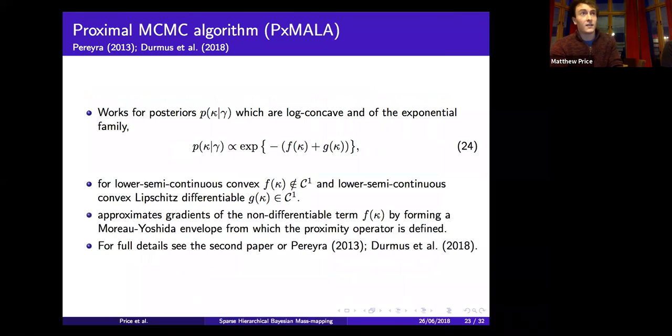So in the second paper, we were primarily concerned with comparing the recovered uncertainties through these fast map approximations to a full MCMC algorithm. Because we're working with a prior that's non-differentiable, we had to use a bespoke MCMC algorithm. The PxMALA algorithm, which I'm going to skip over for time purposes, is essentially an MCMC algorithm that supports non-differentiable priors.